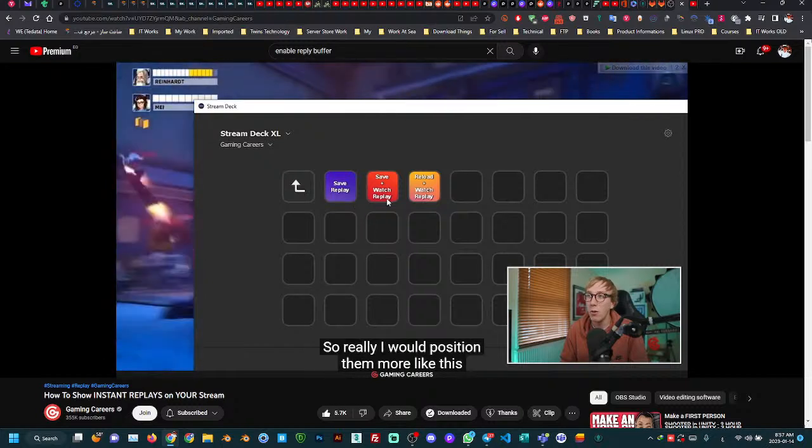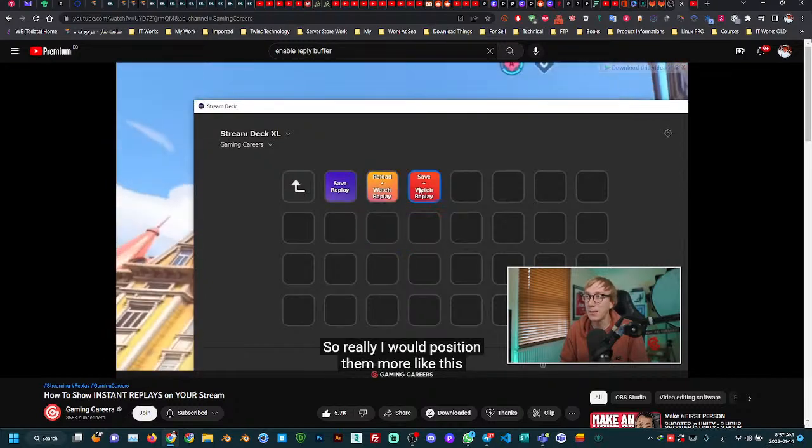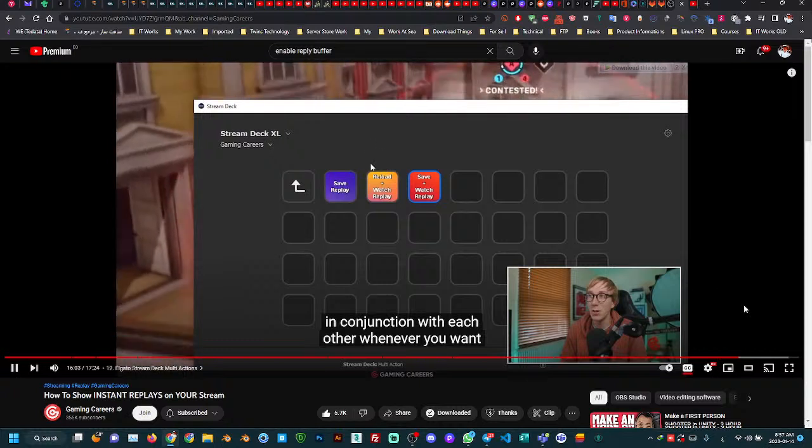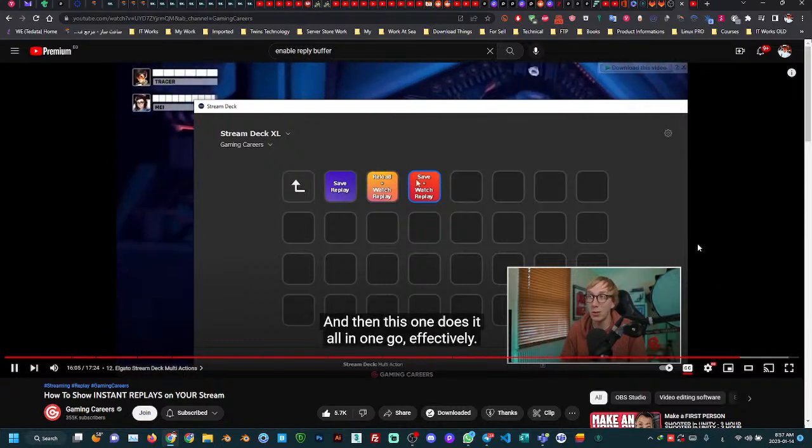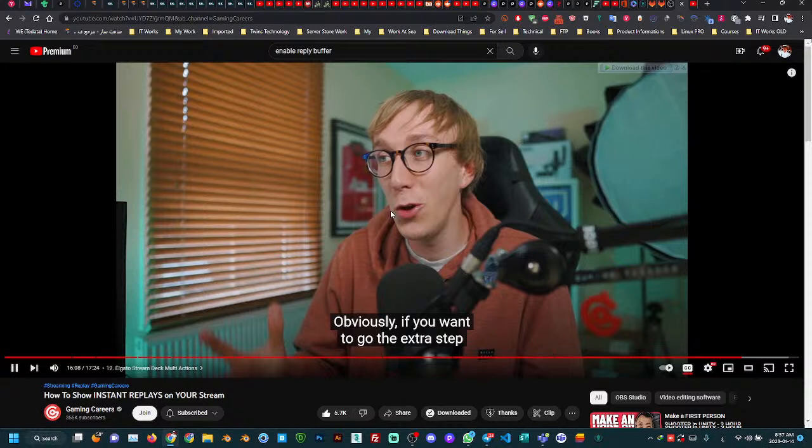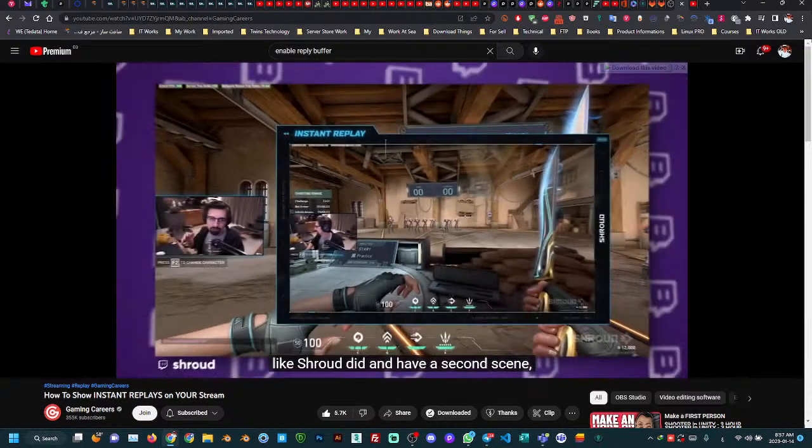swap back again. So really, I would position them more like this, because you're going to be using these 2 in conjunction with each other whenever you want to watch the replay, and then this one does it all in one go effectively. Obviously, if you want to go the extra step like Shroud did and have a second scene